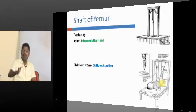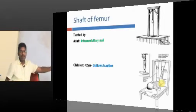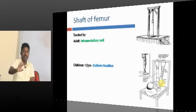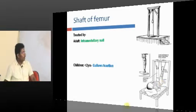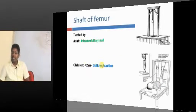It is impossible to keep them in a bed. Maybe less than 2, because third year negativism starts. If you ask the baby not to do, she will do. So less than 2 years you can keep them, at least for one, maybe for 2 weeks, and the fracture unites. So less than 2-year-old child, the fracture shaft of femur is treated by gallows traction, whereas in adult it is